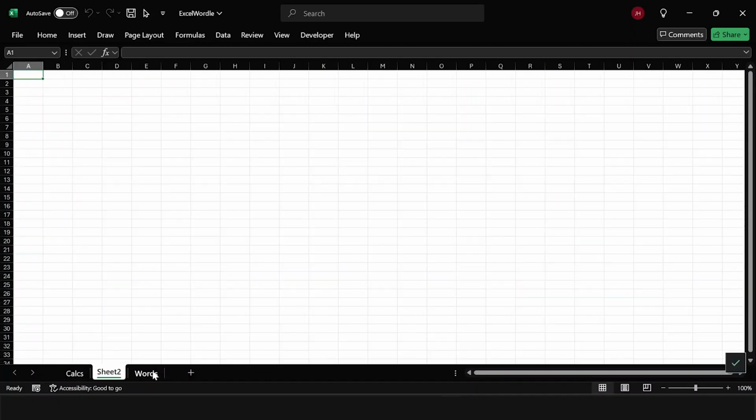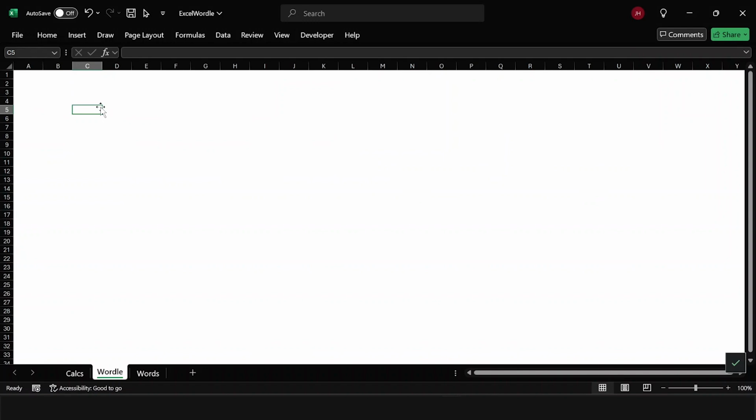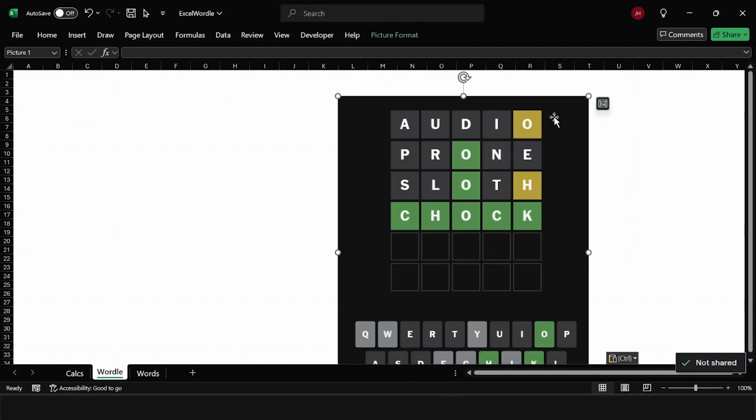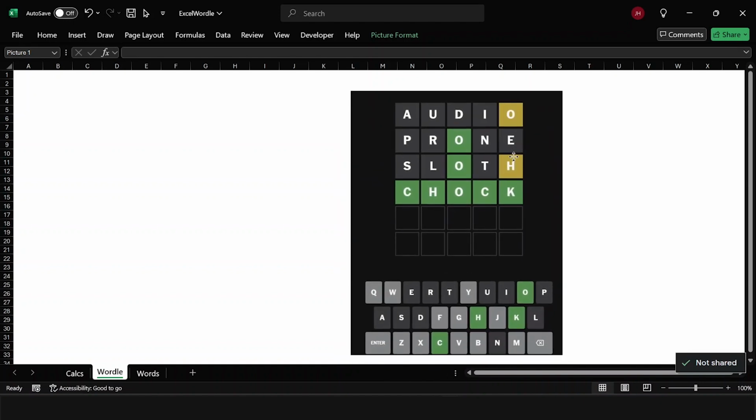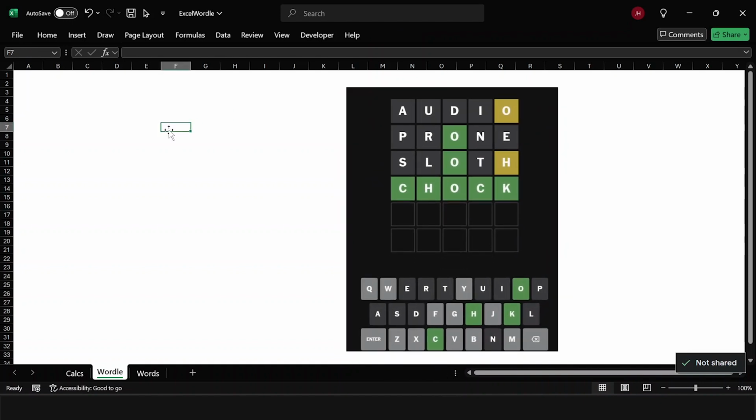So first of all, let's create a new tab and just call this Wordle. I'm going to get rid of the grid lines, and then as a reference I'm going to bring in a picture of the Wordle board just to see what we're trying to create here. So this can be our reference for what we're trying to make. So let's first of all get this drawn out. We've got essentially two different shapes here. We've got the square shapes for the letters grid, and then we've got the slightly rounded shapes for the QWERTY